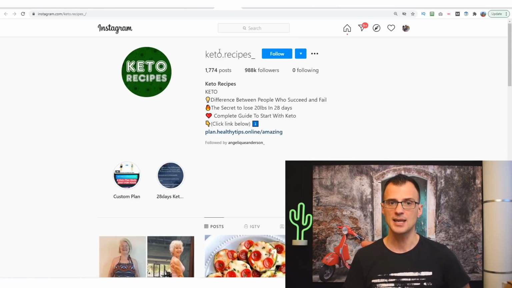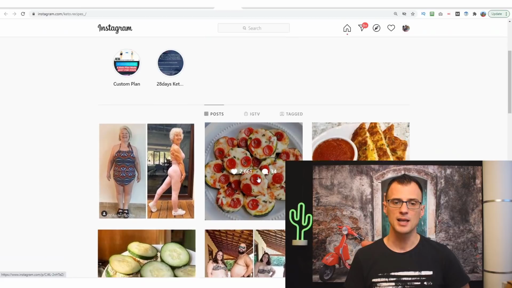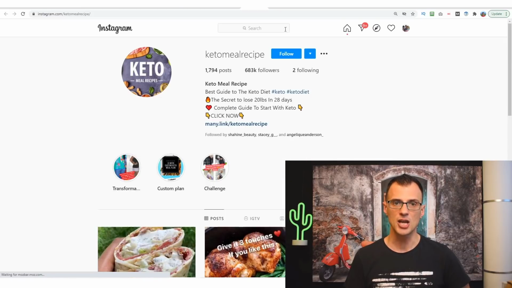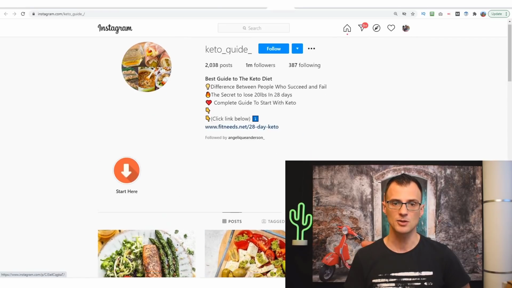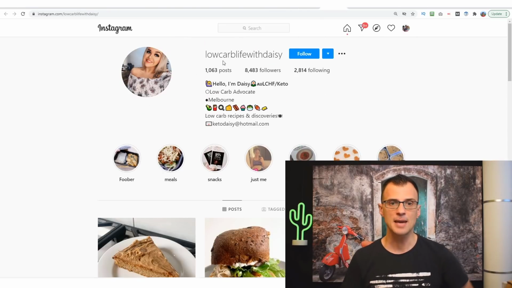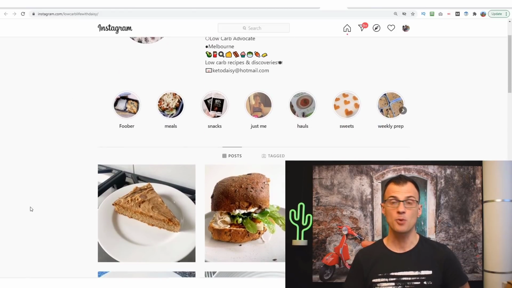You sort of just investigate what they're doing with their profile. Are they getting a lot of engagement on their posts or not? So all of these seem to be getting thousands of clicks, which is really good. There's even a profile here that we found, and this is always really, really good news. We found a profile that currently does not have any links in the description at all. So it means that probably